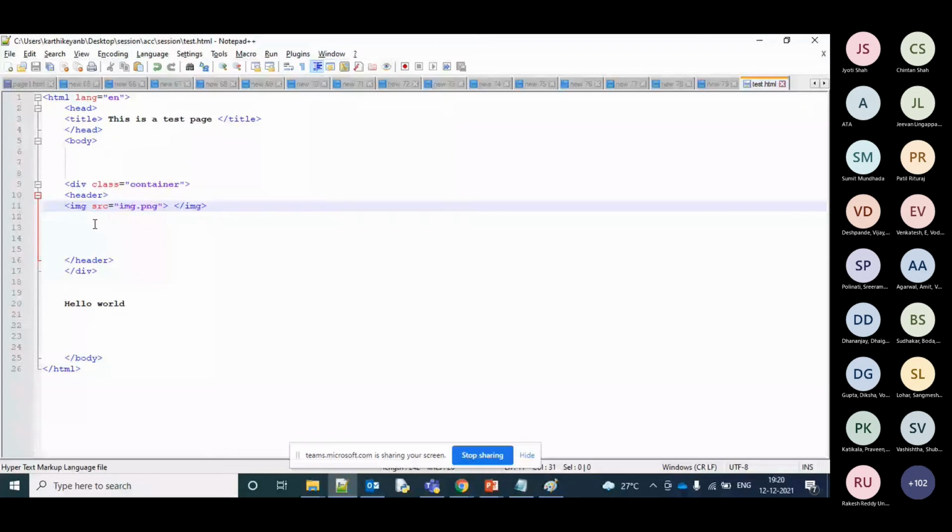If I give an alt text equal to "this is a company logo", this is how alt text helps. And sure, you can give an aria-label or aria-describedby, and that will also be read out.